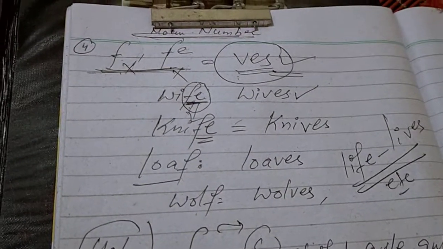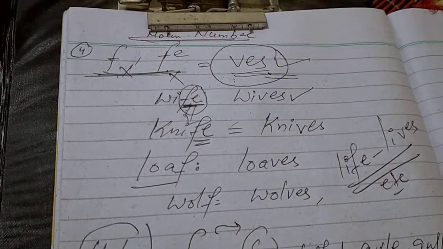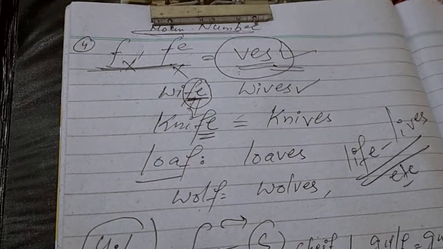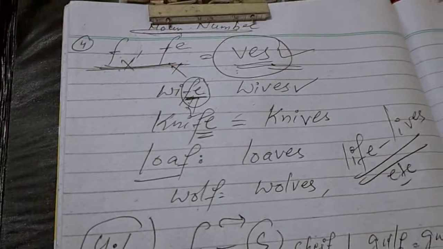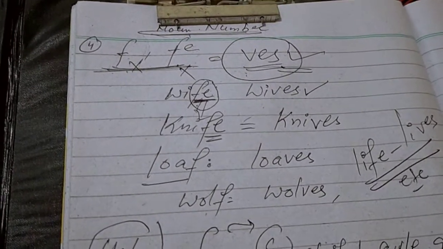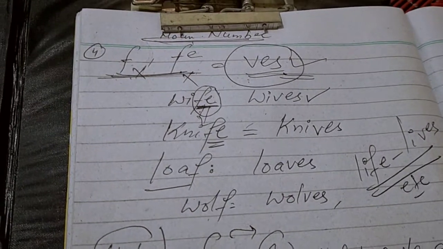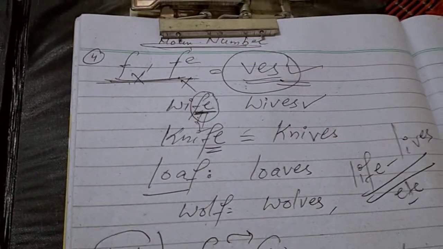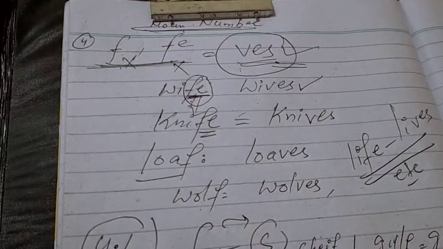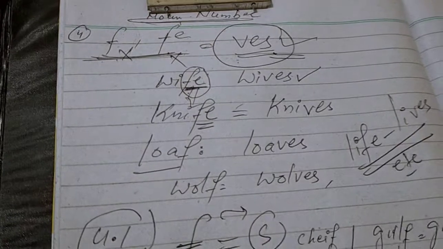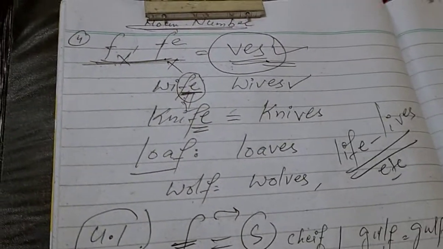The very first rule, the very basic and fundamental rule, is that for the sake of making plurals, we just add s to the base word, to the main word, and we took a lot of examples. In addition to that, we discussed that some nouns which end in s, ss, ch, x, or z take es to make plural nouns. So this was the second rule.